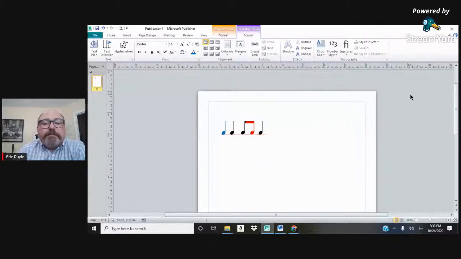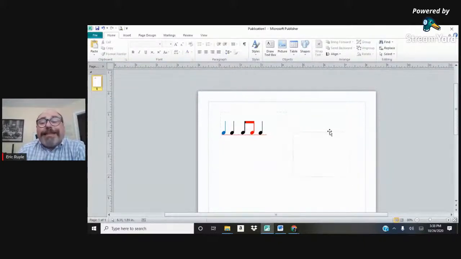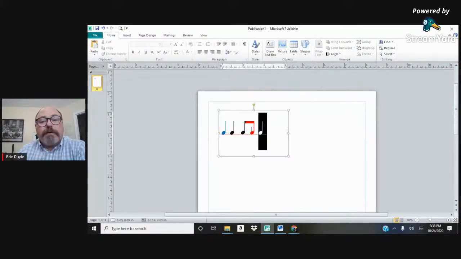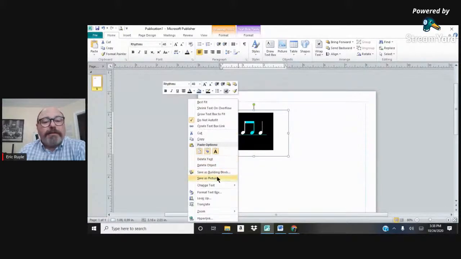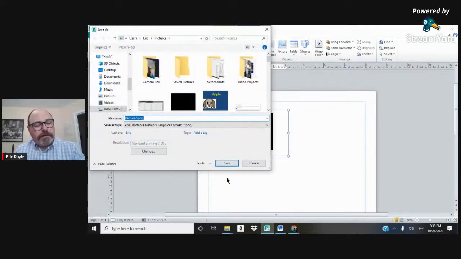Now, the way I got that into the Chromebook: highlight, right click, and this is the super important thing. This is why Publisher is so important right here. Save as picture. I'll give it the classic name of Azza.